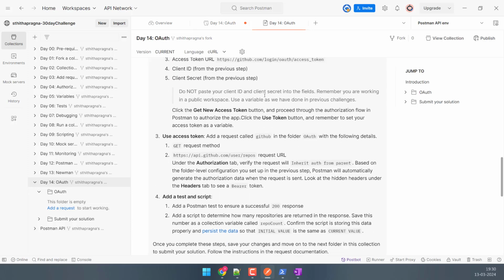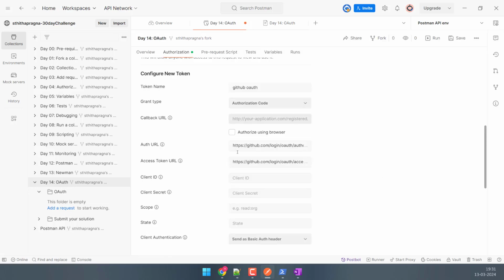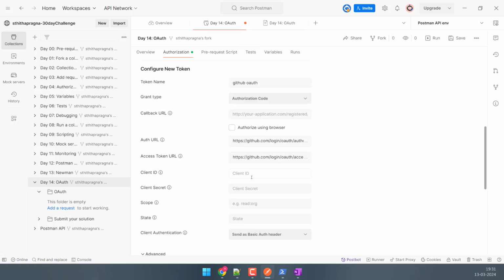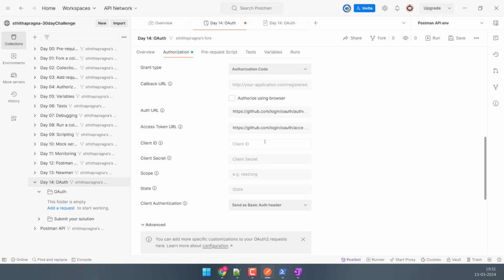Client ID can trigger, do not paste into the fields. Remember, you are working in a public workspace. Use a variable as we have done in previous challenges. Click the get new token. Yeah, we can do that and proceed through the other influencer and authorize it. Okay. Add a request called git. Let's do that. So I'm not going to show you those here anyways, but I will add